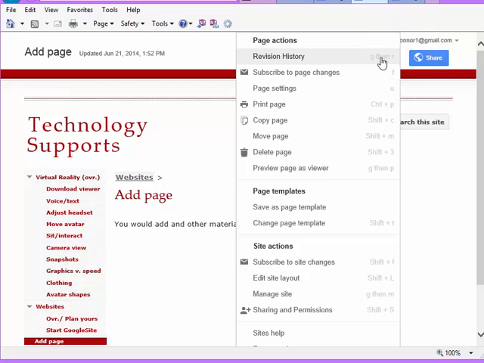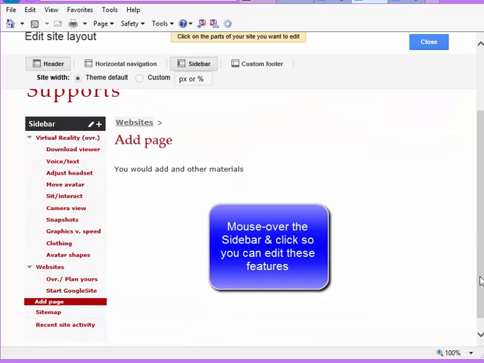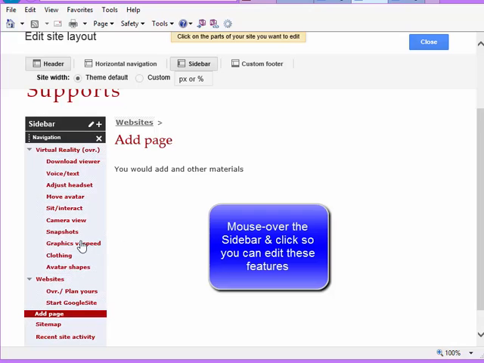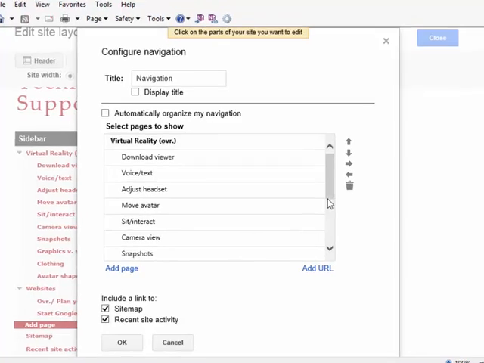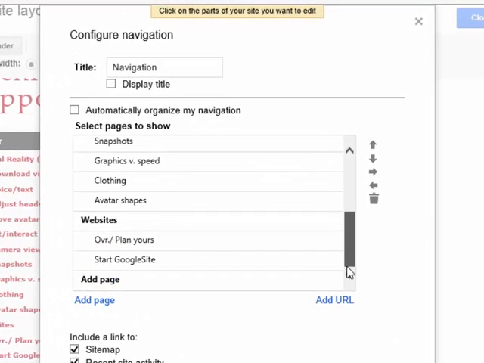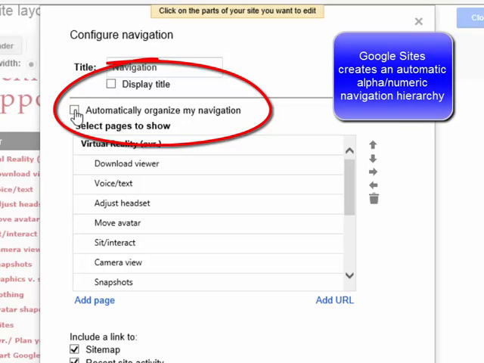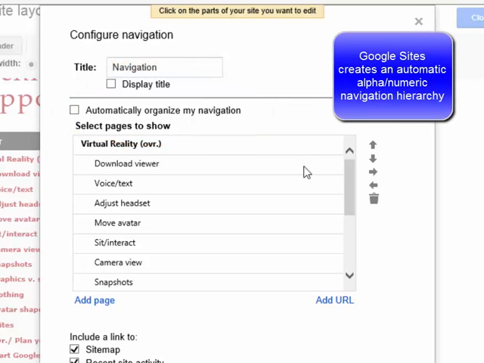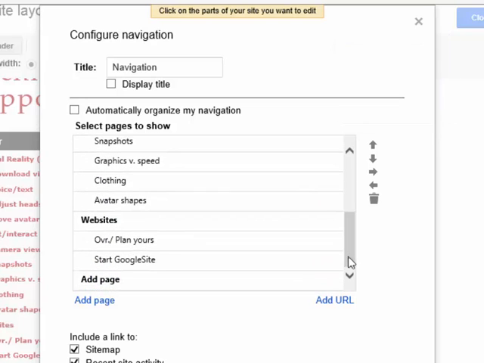I go back to the settings, come down to Edit Site Layout, and I'll scroll down a little bit. Over in the sidebar, when you bring your mouse over it, it allows you to click and open it, and now you have a navigation schema that you can create on your own. Let me point out, I could have had Google Sites automatically organize my navigation scheme, but it would have been strictly alphabetical. So now I'm sliding down to see the pages that I have, and here is the Add Page